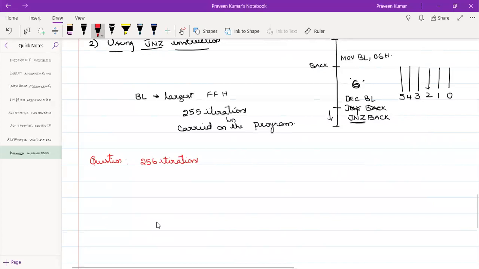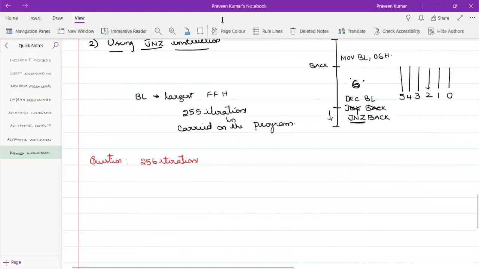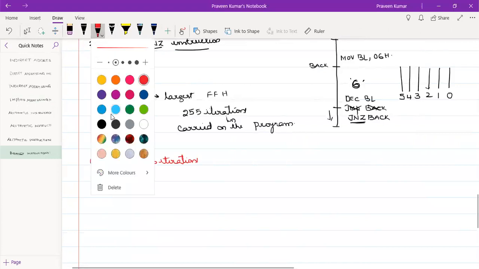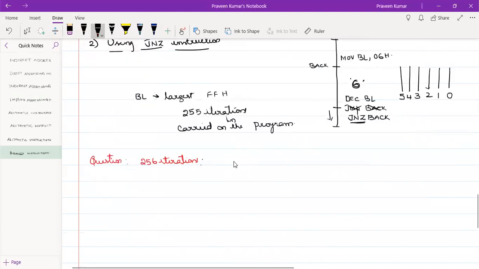There is nothing that makes it difficult in this particular program. The simplest way is, if I want to have 256 iterations, I need to modify this program as MOV BL, 00H. I'll erase this 06H and write it as 00H.